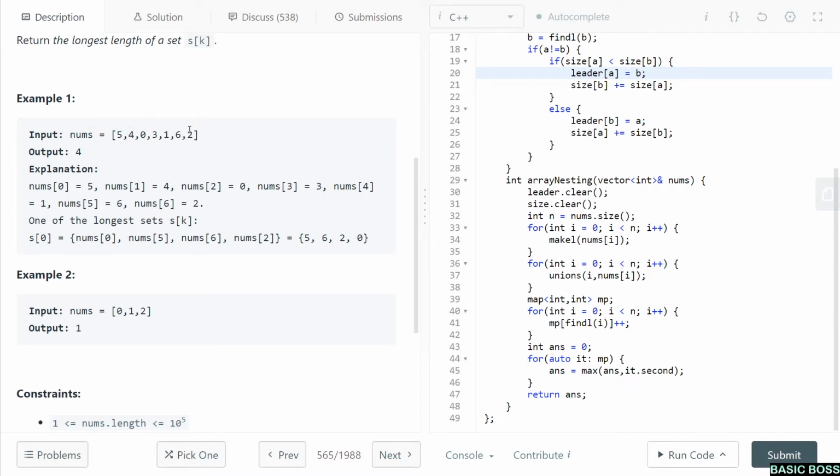Now the index 6 is pointing to 2, so you go to index 2. Now index 2 is pointing to 0, and then you go to the 0th index, and the 0th index is again pointing to 5. So that's why you are trapped in this loop. You are going from 5 to 6 to 2, then to 0, then again to 5, and this thing will go on. So the maximum length that is possible is 4, so you have returned 4.